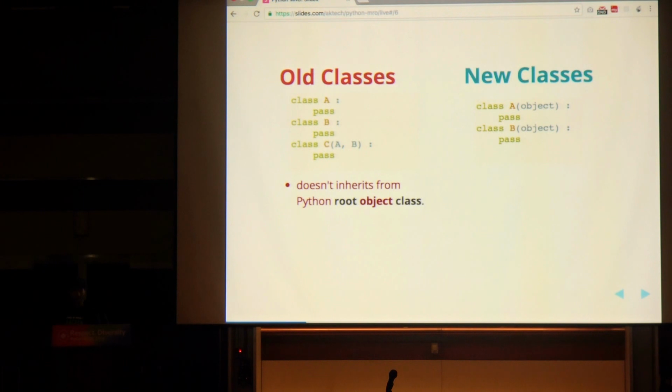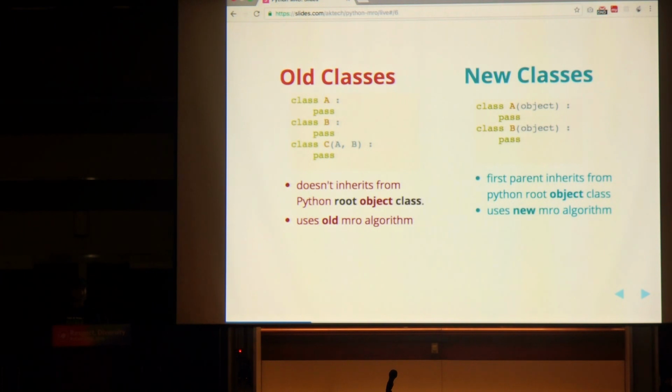Old classes don't inherit from the Python root object class, and they use the old MRO algorithm. I'll explain what old MRO is in a while. New classes inherit from object, the Python root object class, and they use of course the new MRO algorithm. It was introduced in Python 2.3 because there were some issues in 2.2.